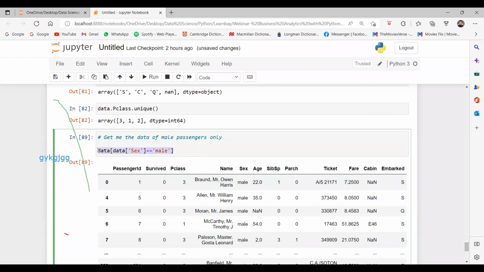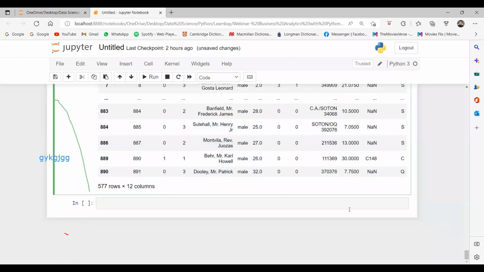You want, for example, the survived and sex columns, for male values only.